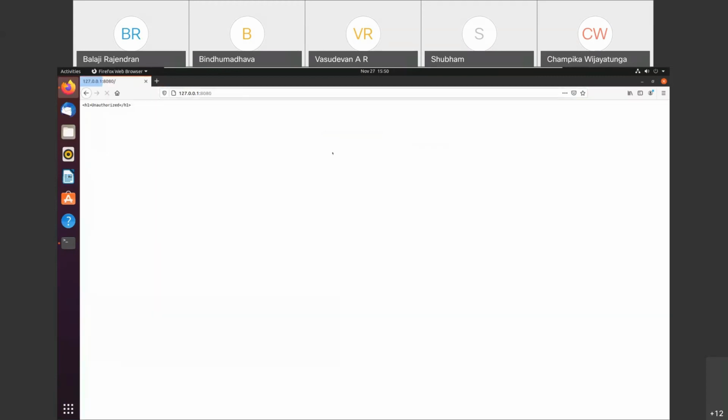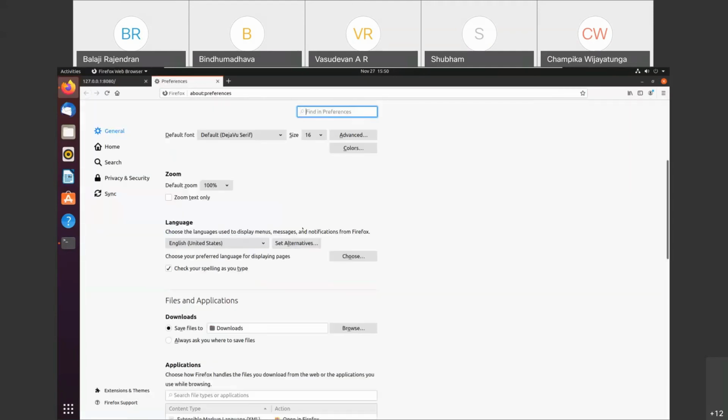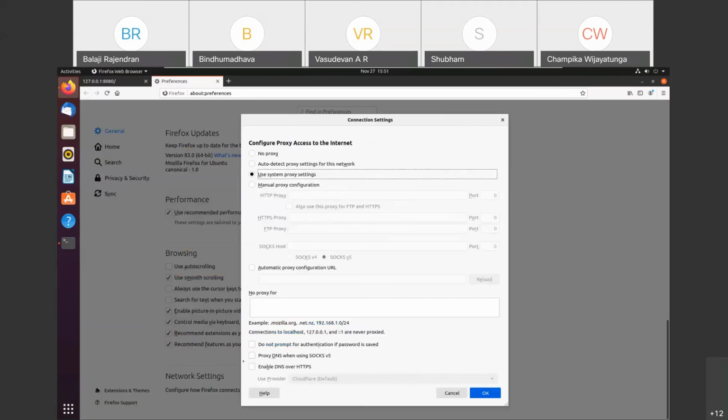Now, there are two things. If you want to configure DOH in your Mozilla Firefox, then you can go to preferences, network settings, and here you have enable DNS over HTTPS. If you enable this, you will get the default Cloudflare and NextDNS.